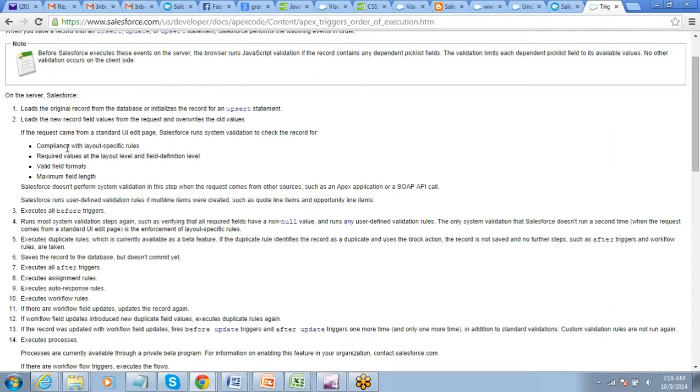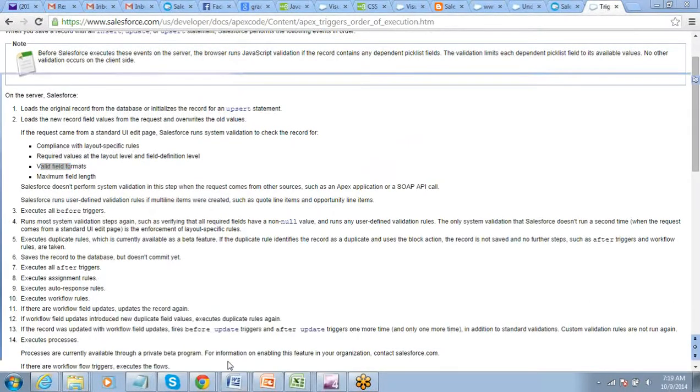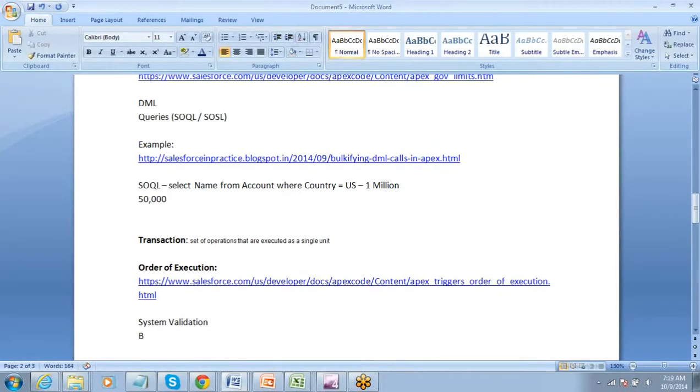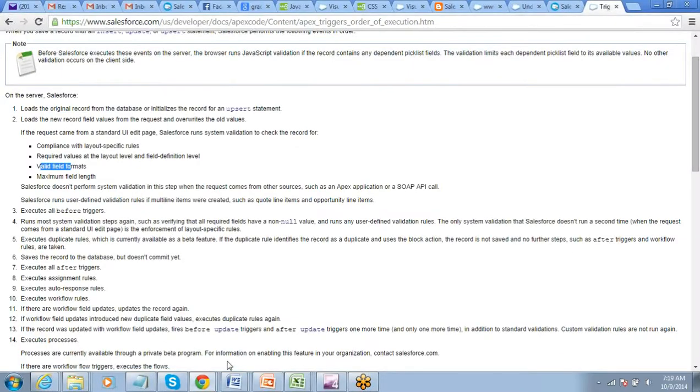Layout specific rules, value field formats and all these things. So after system validation, the next thing that Salesforce will check is your before triggers. Before triggers means before insert, before update triggers. Remember, those logics will be executed. Executes all before triggers.